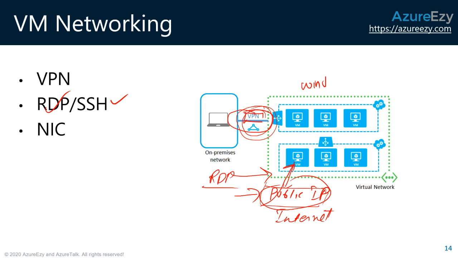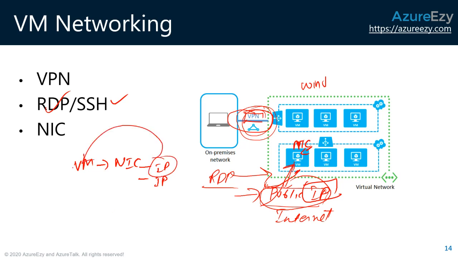NIC card is one of the things you should know. When you have an IP address, the VM internally creates a NIC card. If you are asking how relevant this is from the developer point of view, I would say you should be aware that any IP you create and associate with a VM gets associated with the NIC card. So the VM has a NIC card, and this NIC card has IPs. IPs are not directly part of the VM.